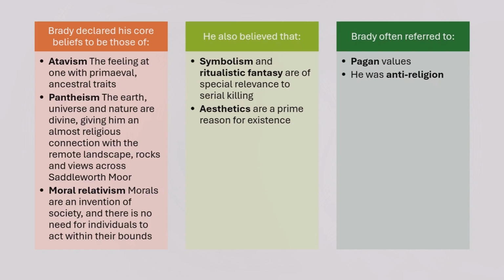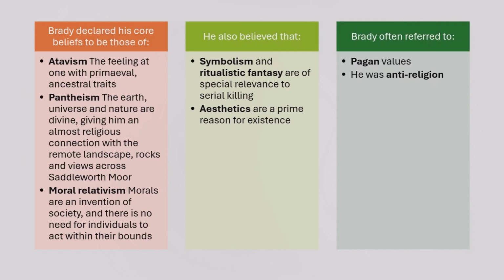In his own book on serial killing, The Gates of Janus, and in his biography written by Alan Keatley, Brady is quoted and writes about specific beliefs repeatedly as they were so important to him. They clearly link with the Solstice Line system and why he developed it as his template for murder. His key beliefs were atavism, that relates to ancient and primeval feelings and actions,